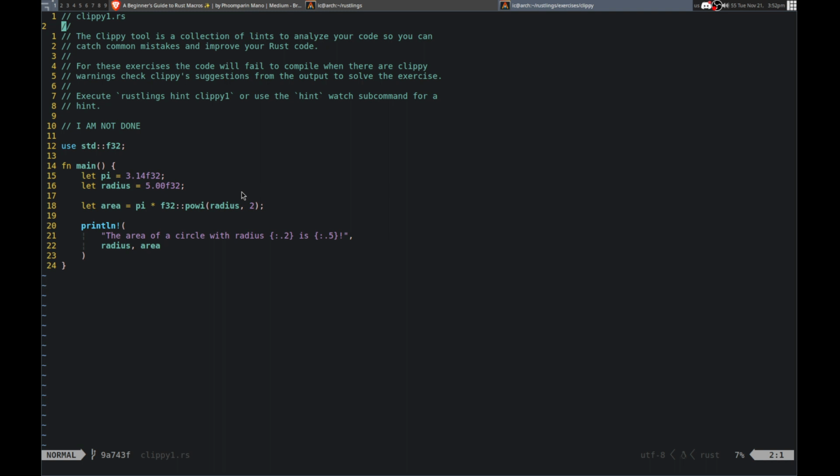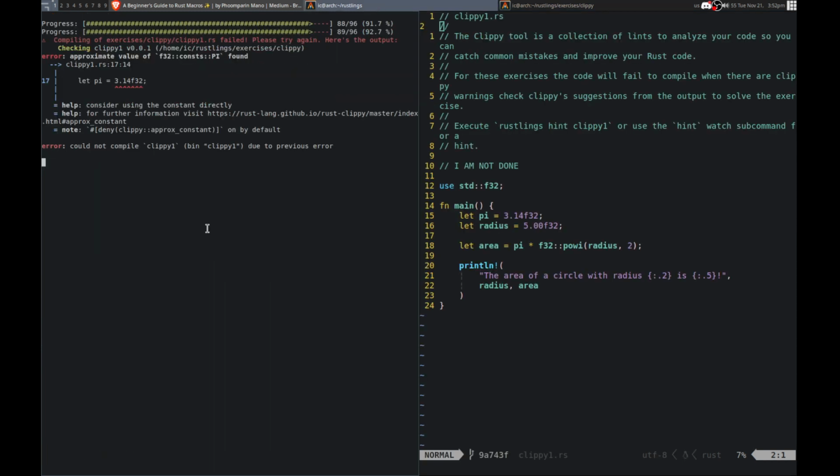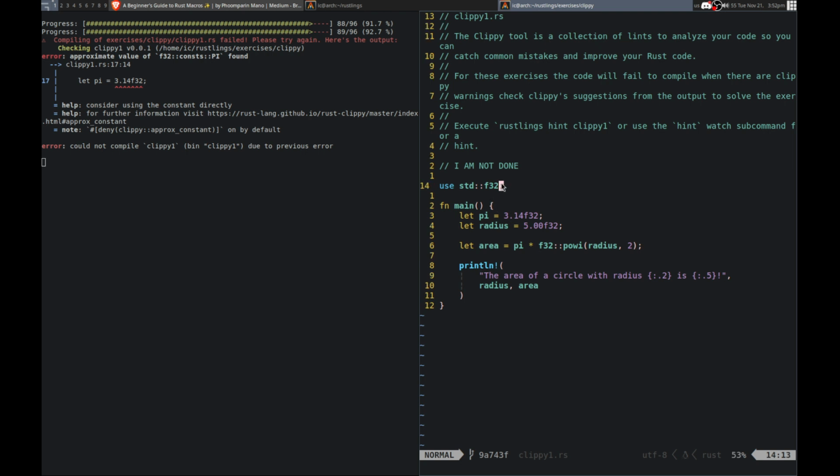So these exercises, the code will fail to compile when there are Clippy warnings. Check Clippy suggestions from the output to solve the exercise. Okay, so let's see. So yeah, we need to. Consider using the constant directly. Okay, so it wants me to use pi. I can just do it's not there. It is in here. So let's try